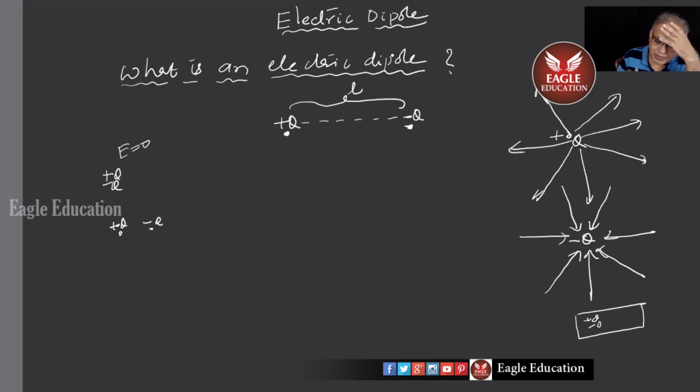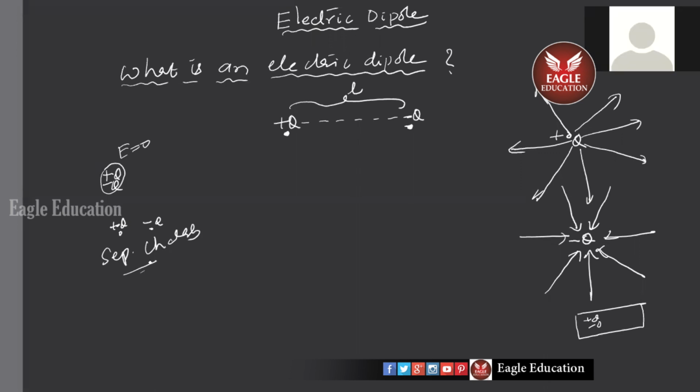So if a plus q and minus q are separate like this, of course, this is an individual plus q, individual minus q, I told. But supposing plus q minus q are together, one over the other, for example, there cannot be electric field around it. Field of plus q will be cancelled by the field of minus q. Even a slight separation will make some electric field formed here. This is what we mean by separating charges. So separating charge will produce one electric field.